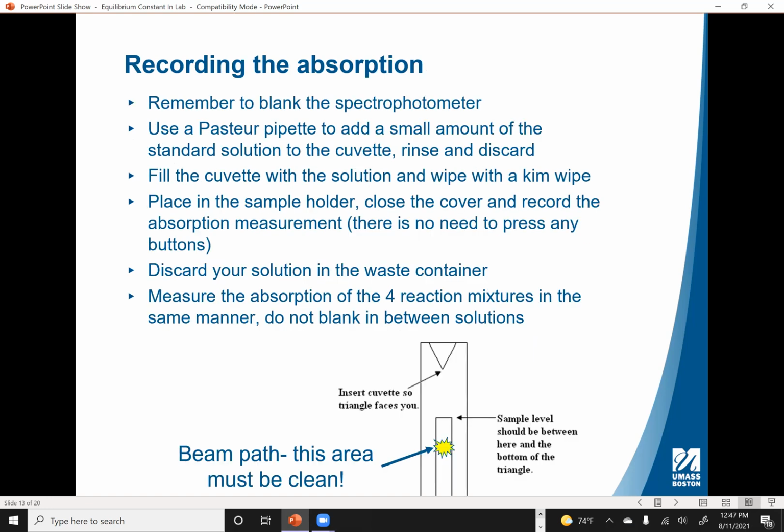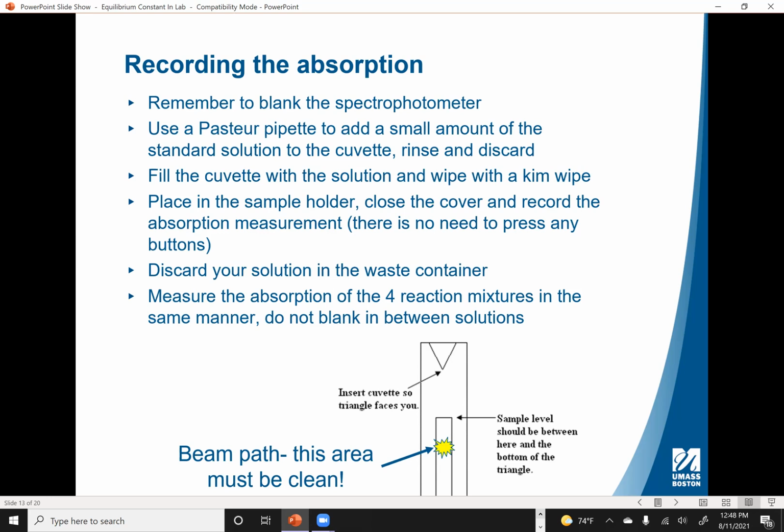So just a refresher on how to use the spectrophotometer. We want to blank the spectrophotometer with water. We want to add the solutions to the cuvette. But before we do so, we want to make sure that they are rinsed. So after doing the water blanking, we want to make sure that we are rinsing with our solutions, and we are going to add the